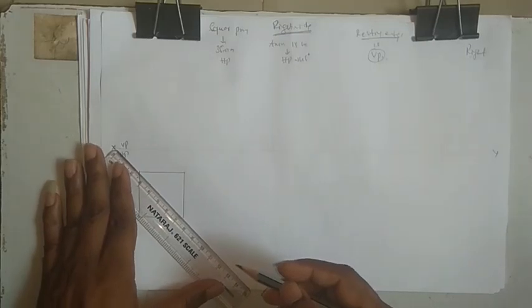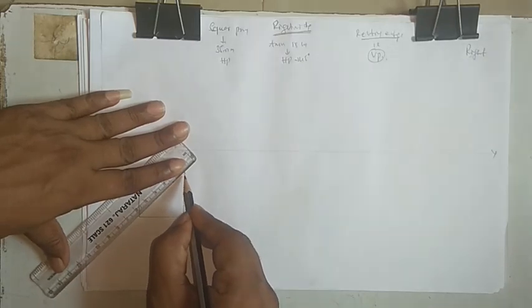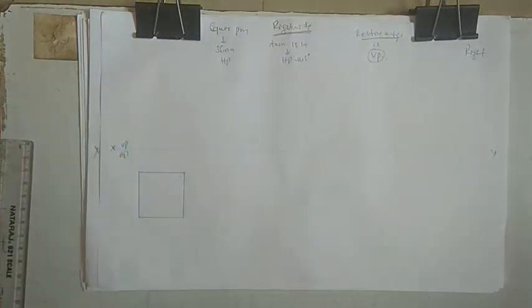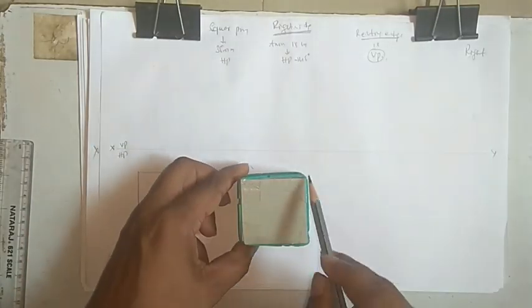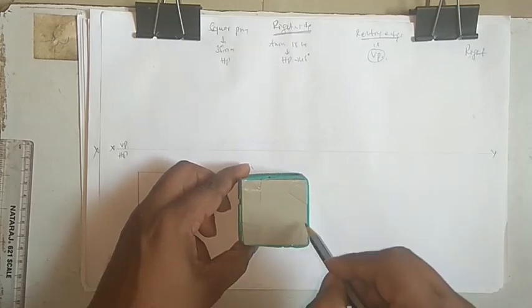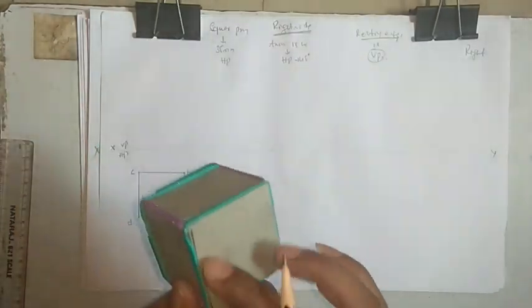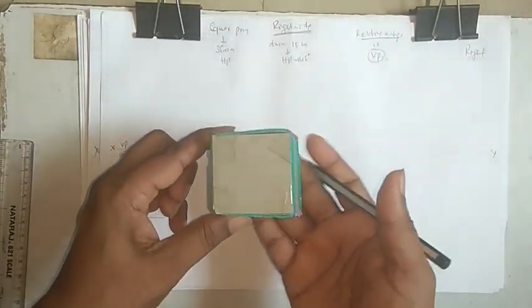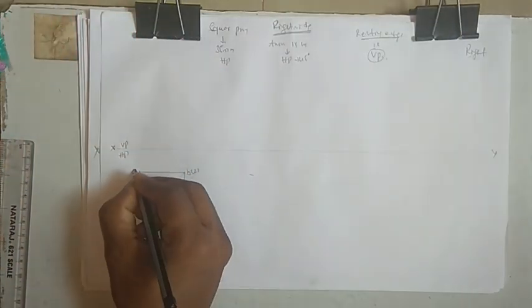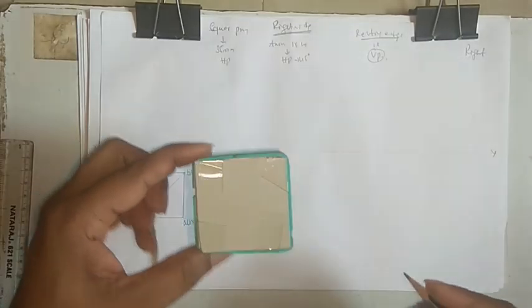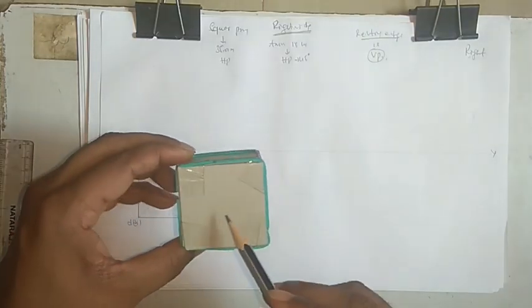Just locate the center of this one with a thin line. Only the square should be dark enough. As I said, here we have one square overlapped with one more square. We are going to name the top, that is visible from here, as A, B, C, D, and the one which is at the bottom, invisible to you, we'll write with 1, 2, 3, and 4.